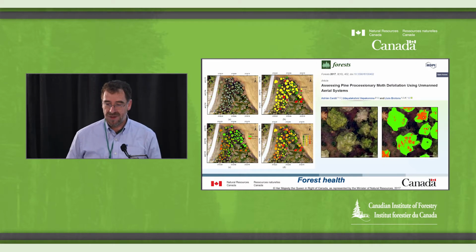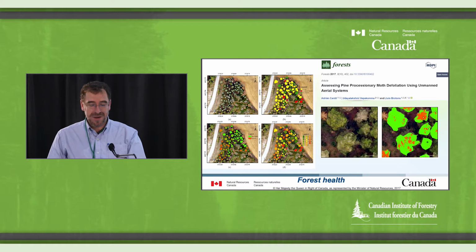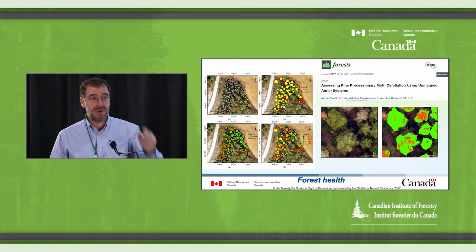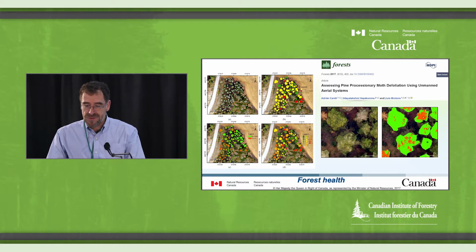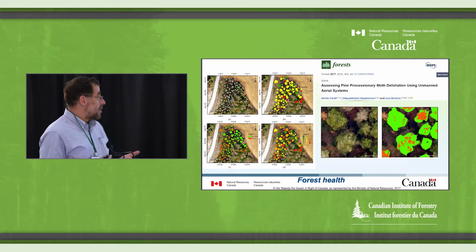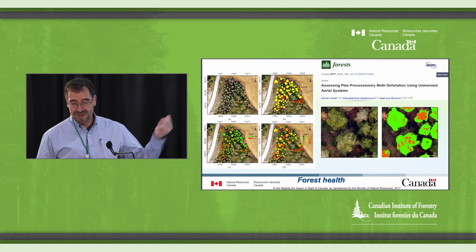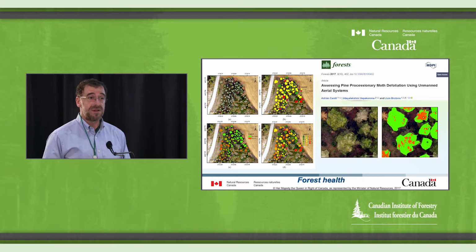So forest health is another application for drones, and this study that I'm showing, which by the way is co-authored by one of the speakers in this technical session, Udaya, was done in Catalonia, which is still part of Spain, I think, and shows that defoliation estimates from centimetric, so 1.5 or 2 centimeters ground sampling distance, orthophotos can derive robust defoliation estimates, in this case for the pine processionary moth, but it could be any defoliating insect.